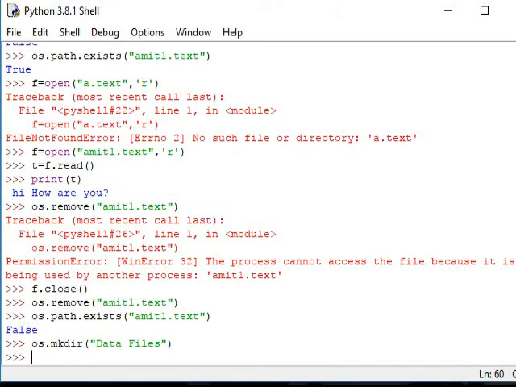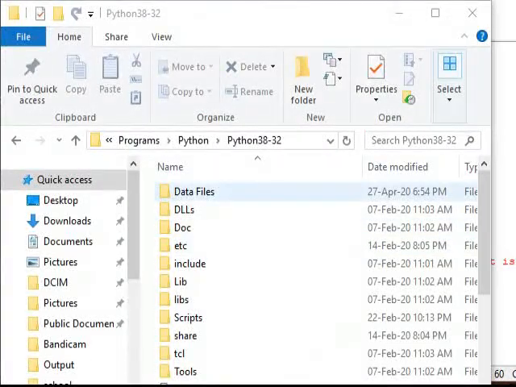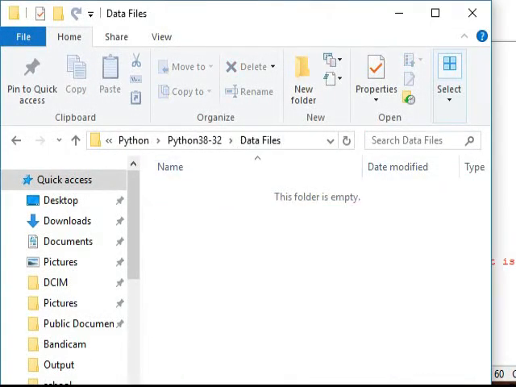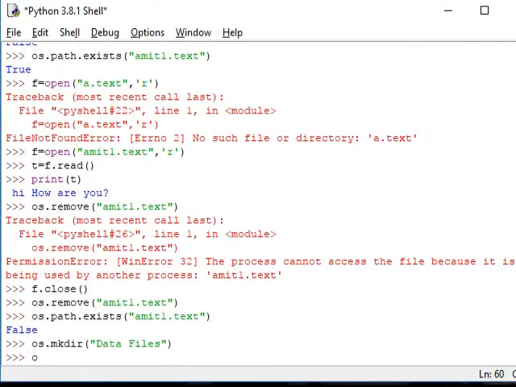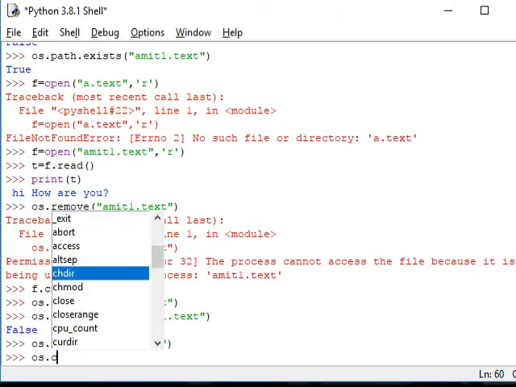Now let's see where it is. Here you can see that the datafiles folder has been created. It's an empty folder. Now we have to change our current directory to this directory. So let us do that. To change, chdir means I have to change the directory.